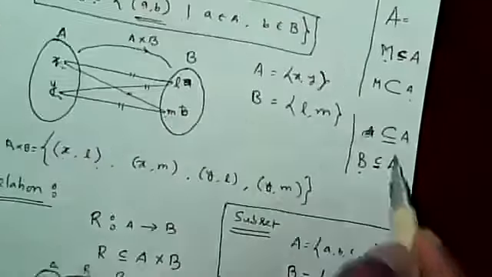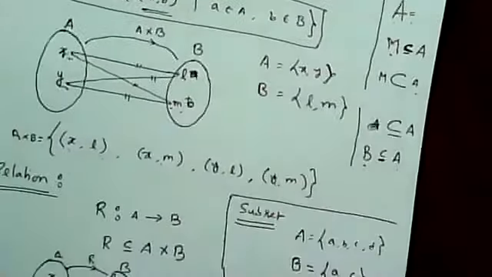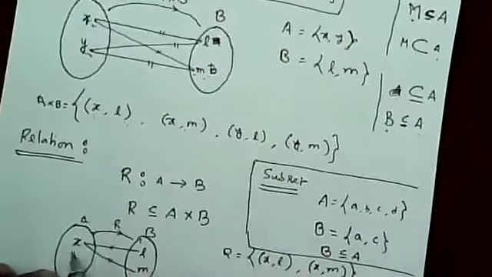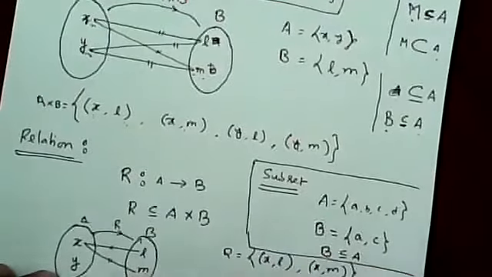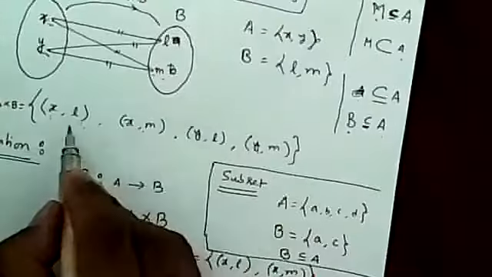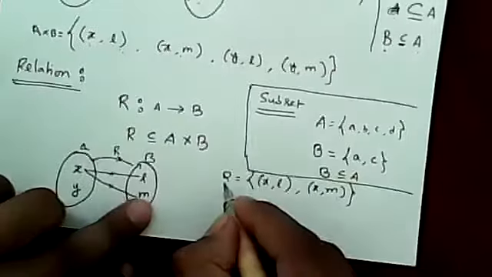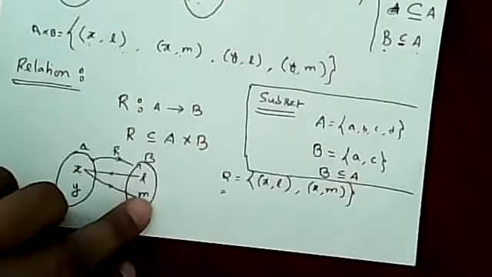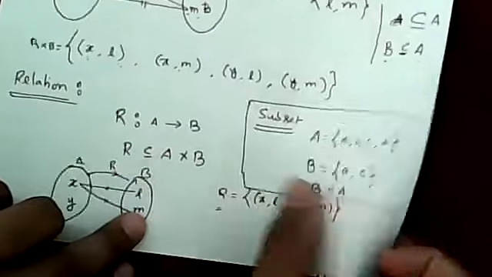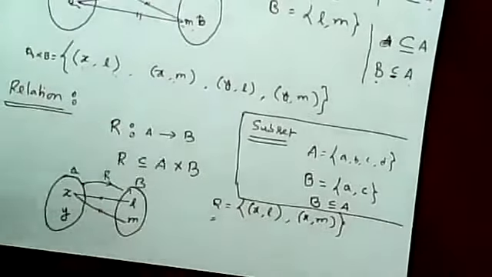Last class we also discussed subsets, right? So these connections can now be written as XL and XM. Since this is a subset of that one, we can say that yes, R is a relation from A to B. Similarly for others. I think there is no doubt from anyone.